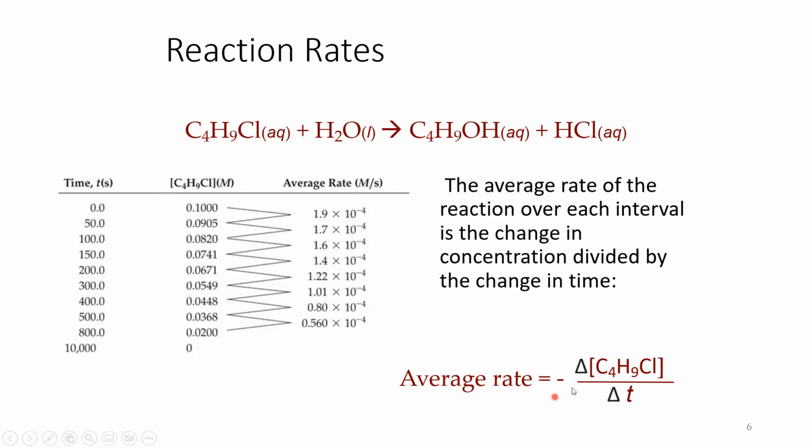But with this one, what I want to point out here is the reason that we've got a negative sign here is because we're looking at how fast the reactant is being used up. So we're going to see a decrease in the concentration. So delta anything is always final minus initial. So if we look at the first 50 seconds, we would do 0.0905 on top minus 0.1. So we're going to wind up with a negative change in concentration there. But the rate is always going to be positive. So that's why we just have a negative sign here, just because this is going to be one of the